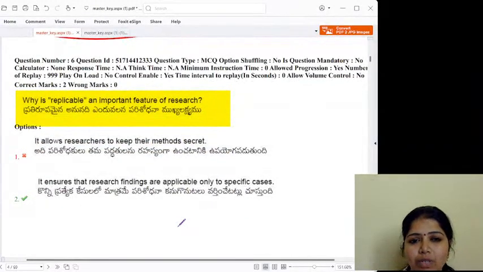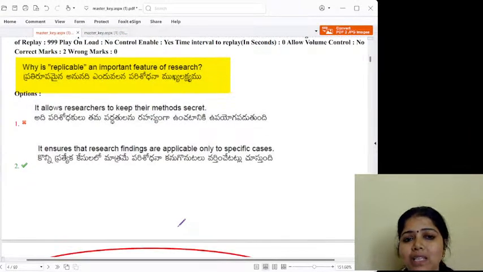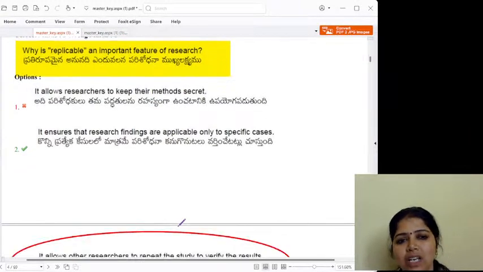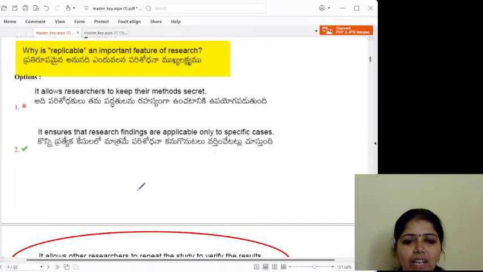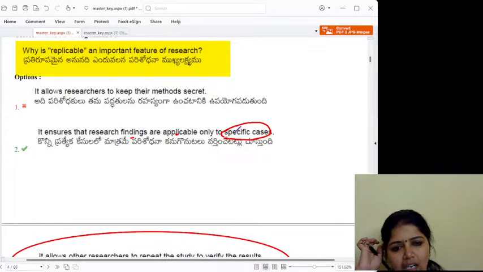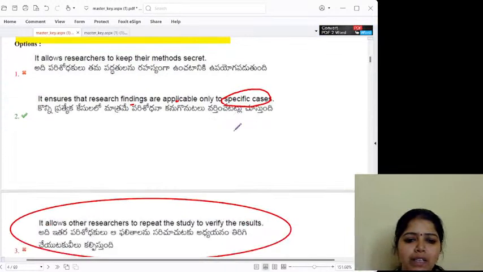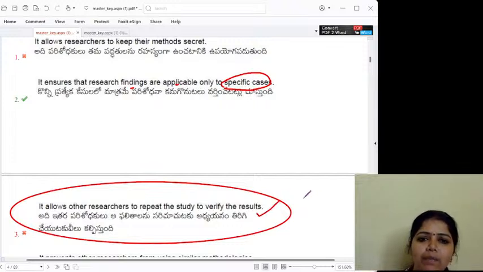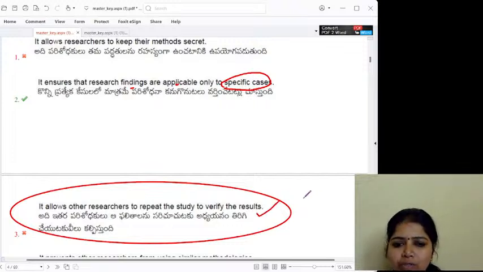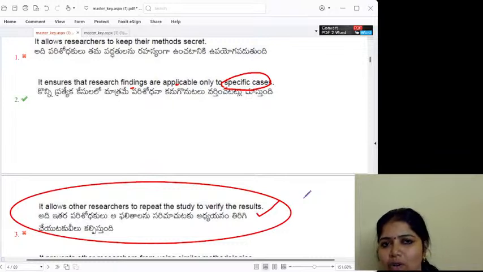And this question from research: why is replicable an important feature of research? Replicable means doing it again, repeating the things, right? That is replicable. But they have given that it ensures the research findings are applicable only to specific areas, specific cases. It allows researchers to repeat the study to verify the results. When I replicate, again, which will be giving me the same results, then that we call a replica,